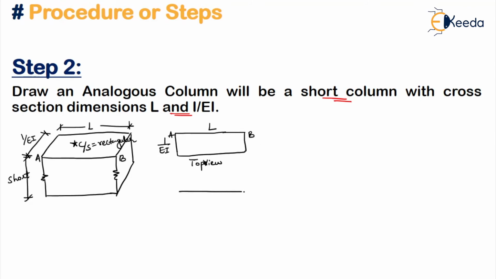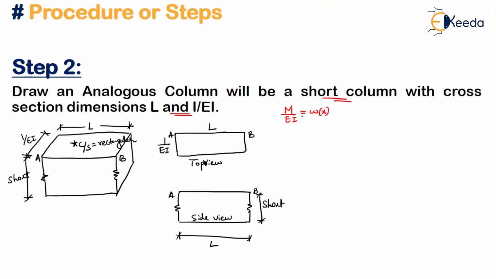Coming to your side view or front view, how will it look? You'll just see the short column and the length. So this is your short column and this is your length. Okay, so this is your side view. Now on this, whenever you create an analogous column, first of all, these dimensions you need to create, then you have to put your bending moment diagram by EI. Okay, so M by EI, you have to put it as loading onto this particular column. This will be called WX.